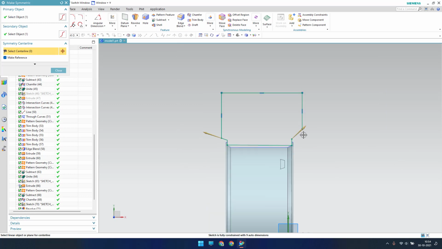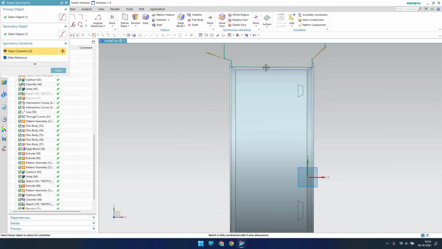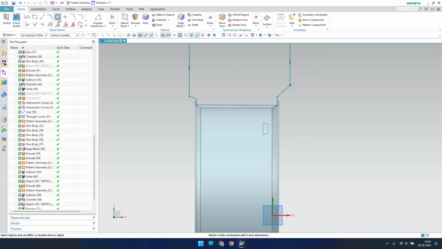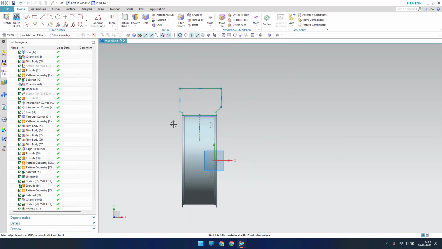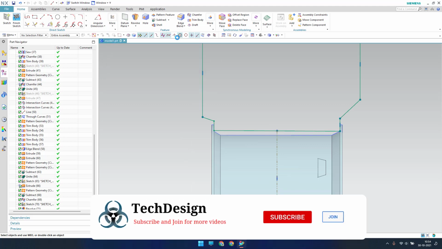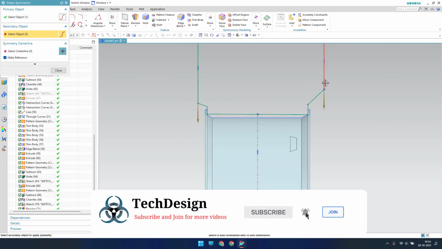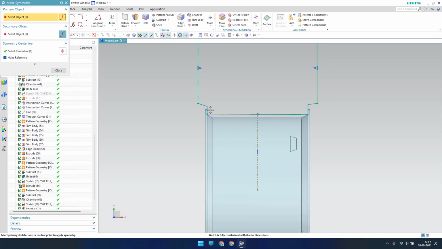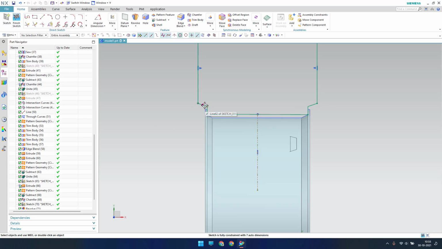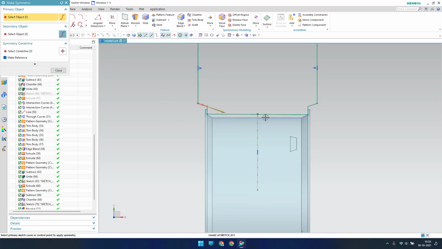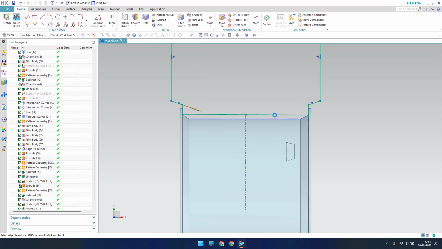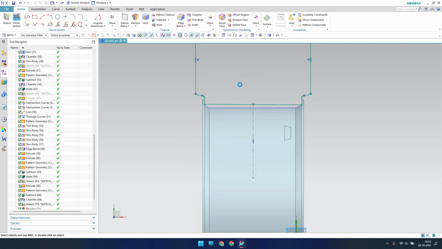Okay, it should be in the opposite direction, and we don't have a center line here, so let me create a center line. So this is my center line, and it should be made as a construction line. And now let me go to symmetric, and this should be symmetric to this. Okay, and this should be symmetric to same line. Oh, it's already symmetric. Oh, let me make it symmetric. This line, and okay, it's already symmetric. You can see the symbol here, it's already symmetric.